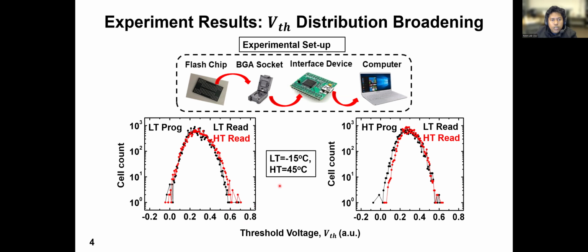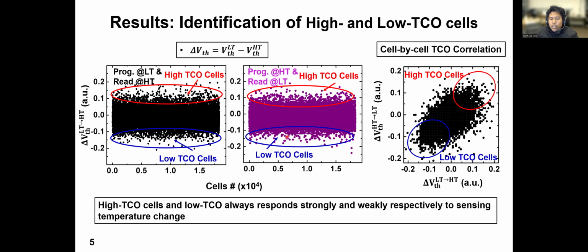at a different temperature. Now, according to our hypothesis, there are cells that have high temperature response, and there are cells that have low temperature response, which are high temperature coefficient or low temperature coefficient cells. To explain that, we present these two scatter plots. On the left is the scatter plot of threshold voltage shift values of the cells from the first experiment. And in the middle, this scatter plot refers to threshold voltage shift values of the same cells